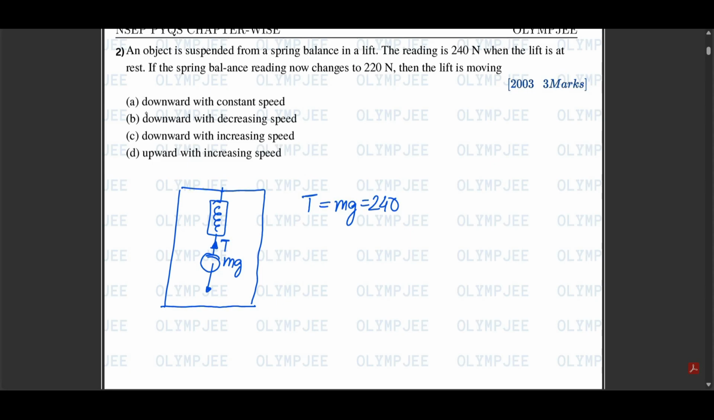So option A says downwards with constant speed. So if the speed is constant, then there will be no change in the force equation because no acceleration is acting. So this cannot be the answer. B option says downward with decreasing speed. So this means that if the lift is moving downwards with decreasing speed, the acceleration will be in the upwards direction. Then only the downwards velocity will decrease, right? So